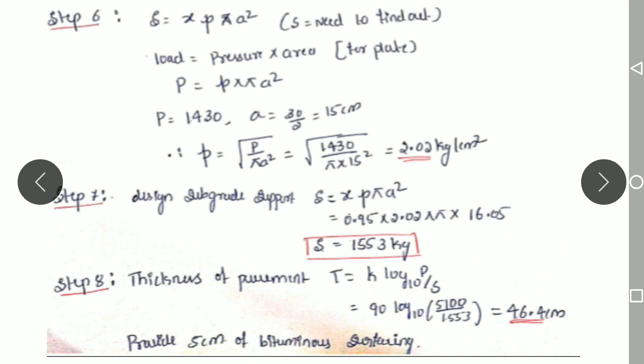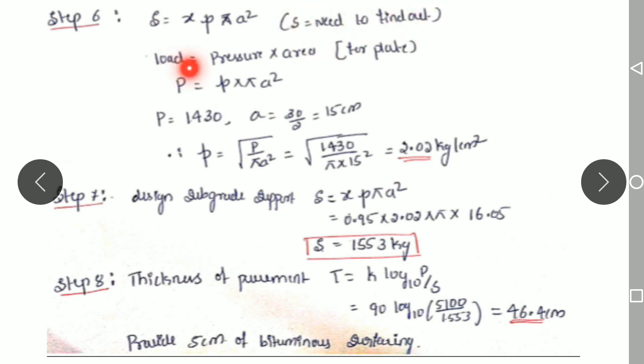So now again the same step. Here, whatever plate load test has been carried out, the yield pressure is not given. So here, whatever the subgrade support formula is, in that the small letter p is nothing but the yield pressure of this plate load. So this p is not given in this problem. So in order to calculate this p, we need to do this step.